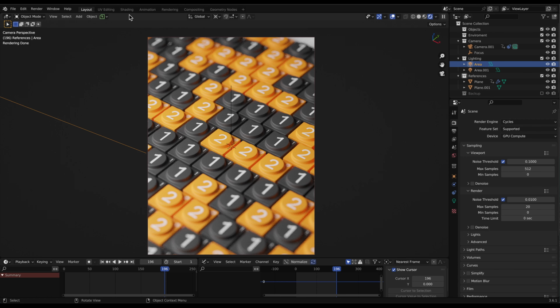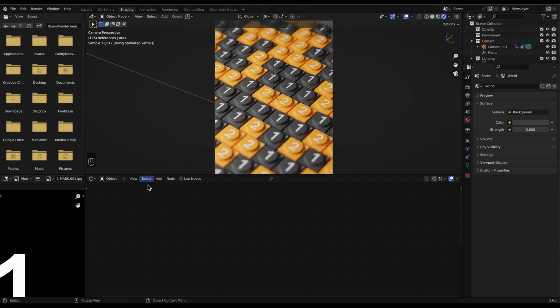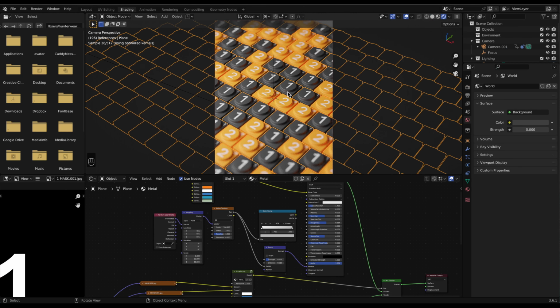So to begin with, let's jump over to our shader editor. I'm going to select our object. The first thing to notice is that this already has a material. We'll create our own. We won't go as far as completing this, but I'll explain how this all works. The second thing is this is an array.